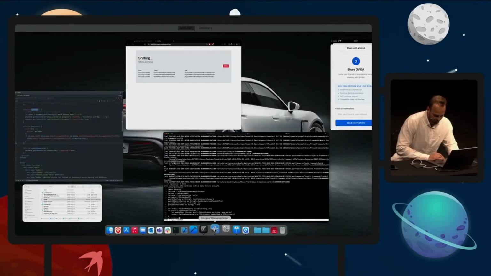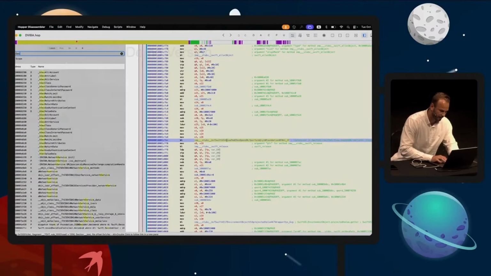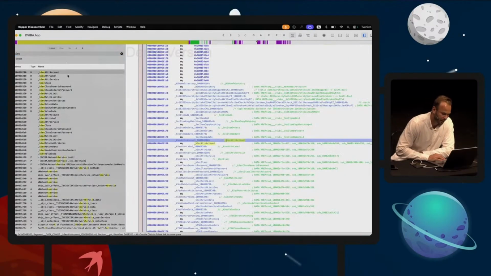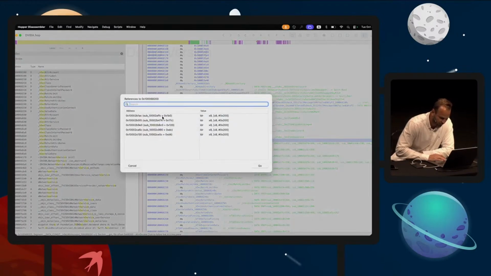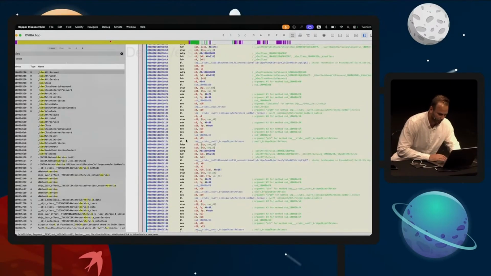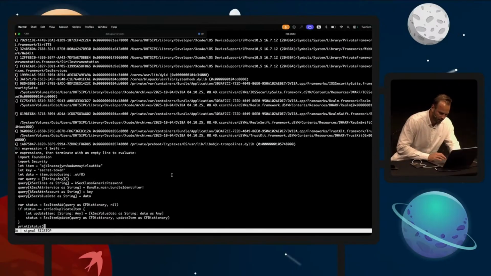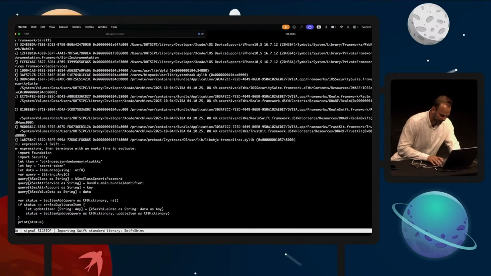Second, which I have at hand now, would be to also have a look here. Keychain is an Objective-C API, so it would have the symbols in, and I can see here already kSecAttrAccount. I can then trace it to the point where it's used. This would take me a rather longer time, but I would also be able to figure it out from the binary and the runtime. Okay, cool. Now if I press enter.